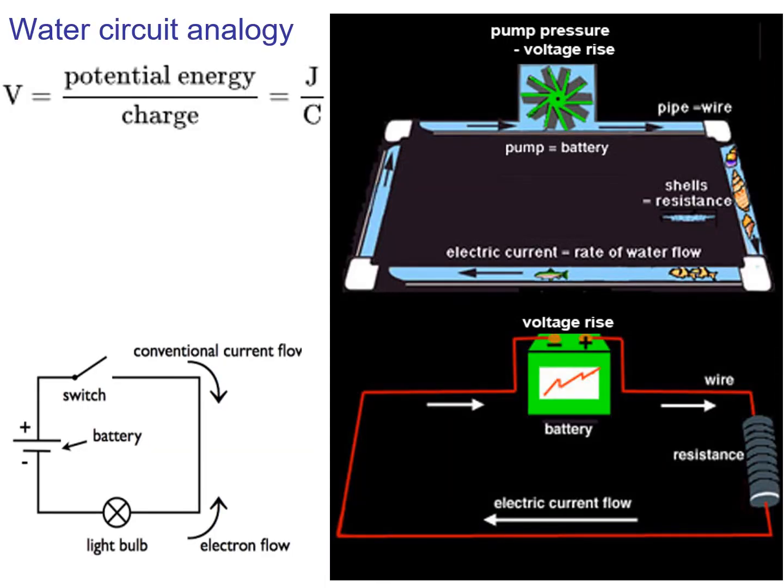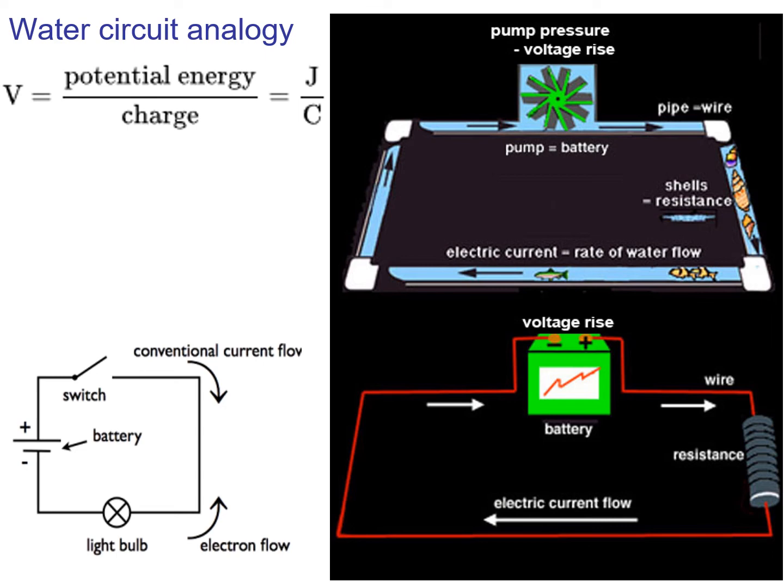So in order to understand electrochemical cells, we need to get familiar with the terminology of electrical circuits. We can't see electrons, so it's sometimes hard to understand what's going on because it's quite abstract. So let's use an analogy with something that we may be more familiar with. That would be water being moved in a circuit.